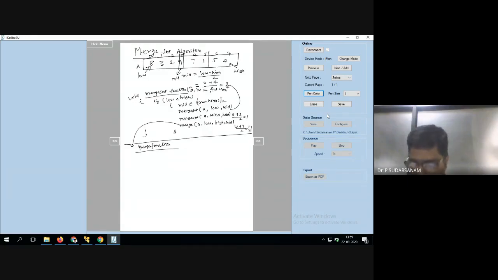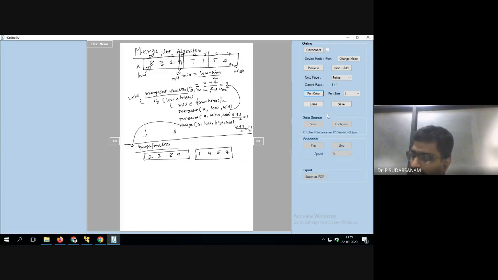Now the merge function. For the merge function, I will tell you two to three examples, and based on that you write it. For example, now I am having the elements 2, 3, 8, 9. This is called the first part of the location, and the second part of the location is nothing but 1, 4, 5, 7. This is called the second part of the position.